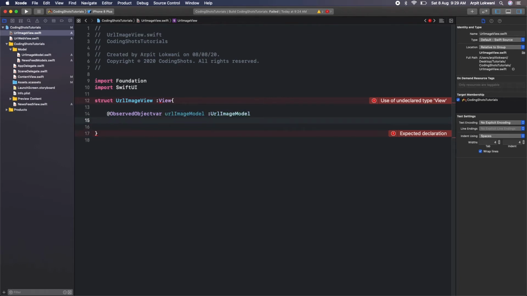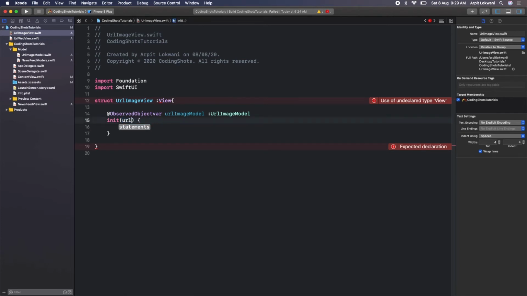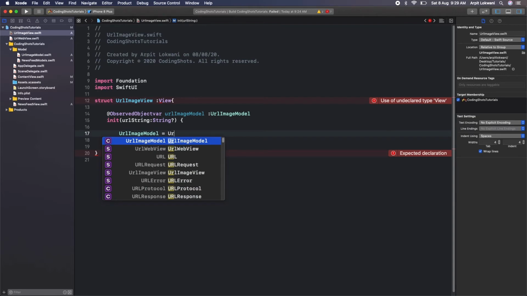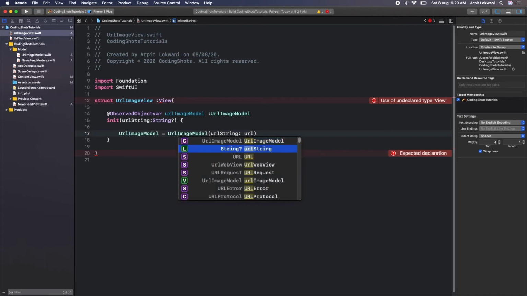Fine, we can say init with that URL string and the type of URL string. Now we need to set that, saying URL image model is equal to URL image model and pass the URL string which we declared there. So it should be URL string, right? Looks fine.